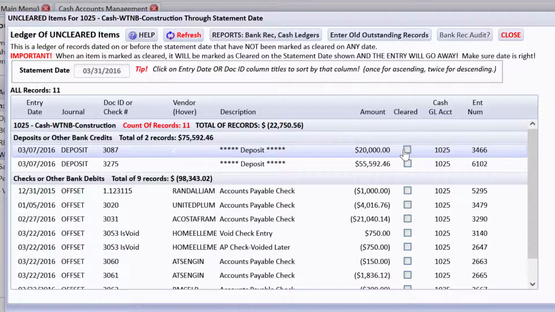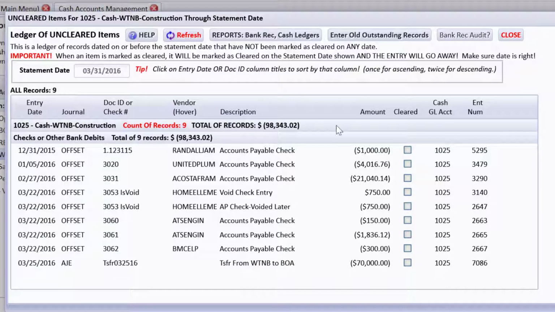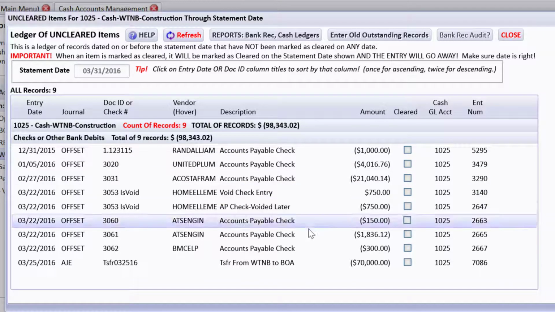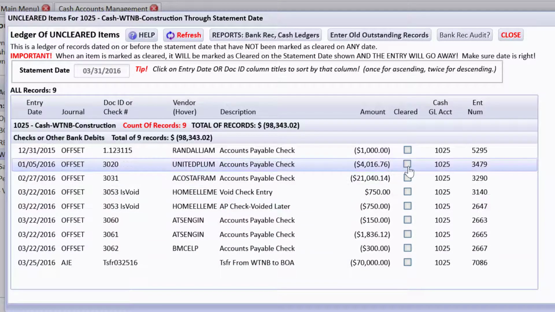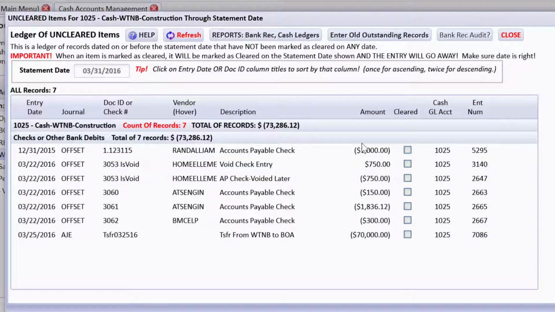And we see these deposits on the bank statement. Now when you first come in to do a bank rec, you might see a total of those deposits, and it totally matches the deposits on your bank rec, so you could real quickly check mark those off. But what I'd like to do is pretend that this one has not cleared. It was to the owner and he's just holding on to it. But let's play like this check cleared, and see how they move off once I check them,